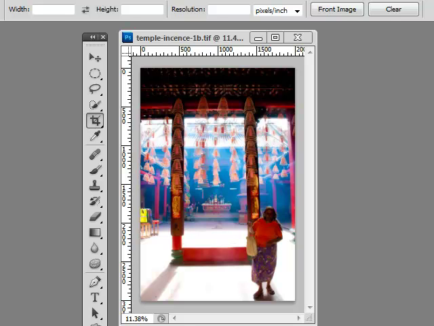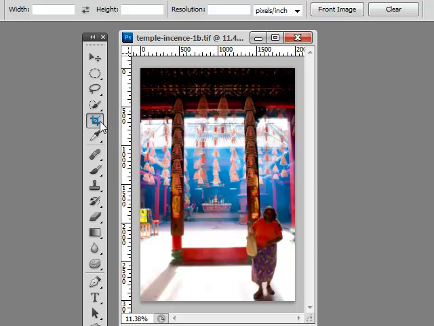Welcome. This is a quick run-through of using the crop tool in Photoshop. I can see in this image right away, I've got some chairs here. This is a temple in Kuala Lumpur in Malaysia, and all the blue smoke here is from the fireworks, etc. But I've got a chair over here that I want to get out. I've got a really dark area up here which isn't adding to the image at all, and I want to